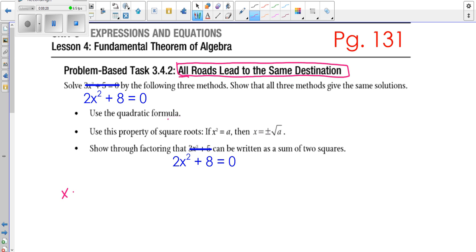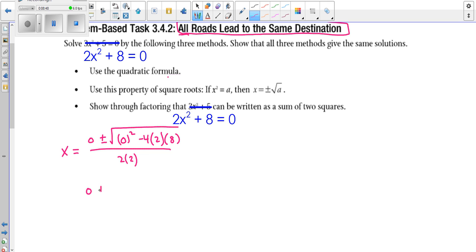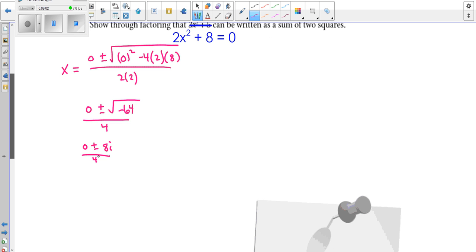Alright, so using the quadratic formula, you should get x equals the opposite of b. There is no b, so 0, plus or minus the square root of b squared minus 4 times a times c, all over 2a. Okay, so you should get 0 plus or minus the square root of negative 64 all over 4, which simplifies to 0 plus or minus 8i over 4, and we can actually take this a little bit further because of this